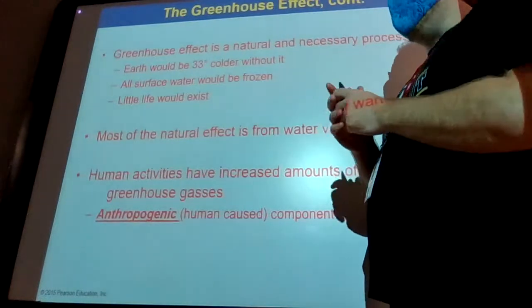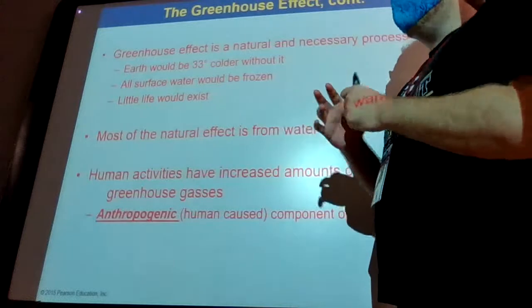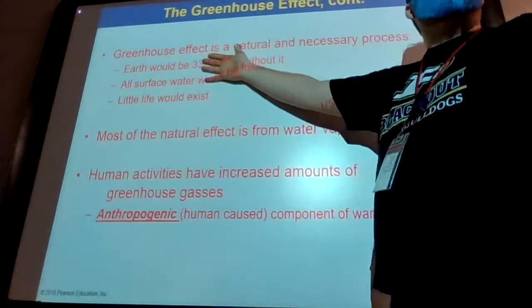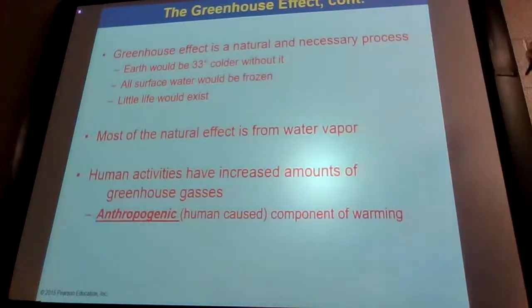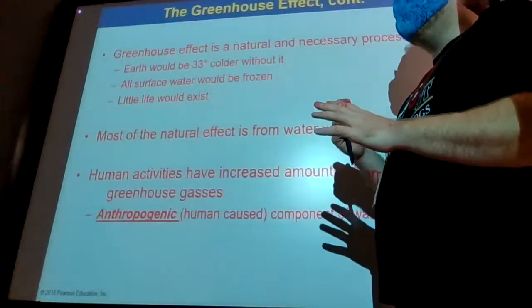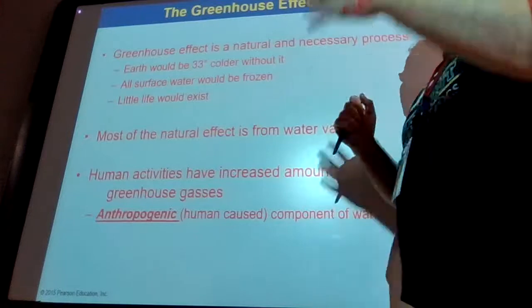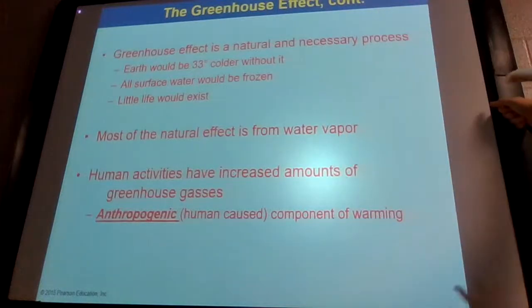And so, if we didn't think about this in a big kind of way, we might just think all greenhouse stuff is bad. We need to get rid of this altogether. The colder we get, the better. We just need to get rid of the heat. And that's not true. You want this balance. You want to keep things as close to natural as you can.